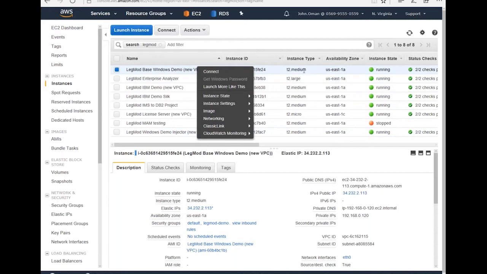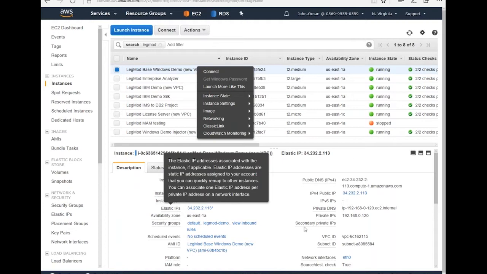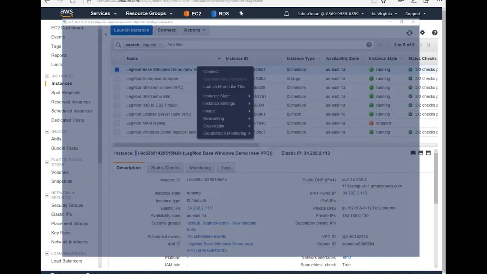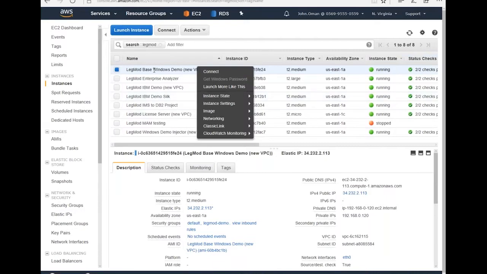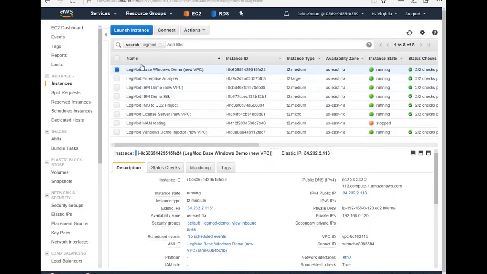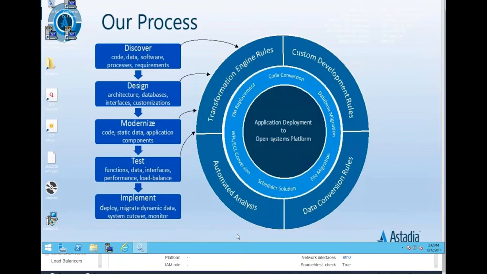Now this is the real power that I found with AWS. Let me show you the different instance types that they have. The T2 medium is what I'm running, which is a 2 CPU, 4 gigabytes of memory processor and memory. But from there you can go to the large, extra large, T2 extra large, 8 processor, 32. Then you can go into the M4 series, which is meant for the larger machines. You can go all the way up to a 64 CPU with as much memory as you need. And then you go to the M3 series,